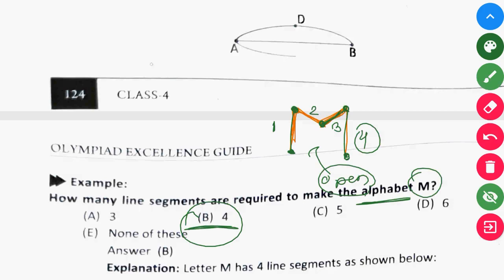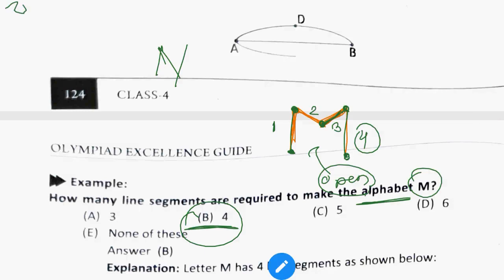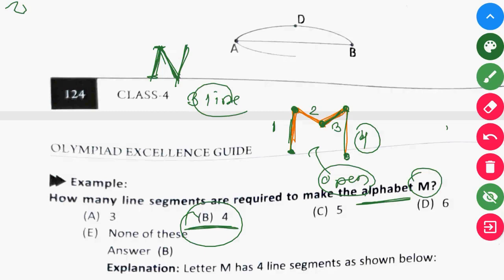Now another example is, to draw the alphabet N, how many line segments do you use? See, this is 1, this is 2, and this is 3. So to draw N, we need 3 line segments. To draw M, we need 4 line segments. Okay, now